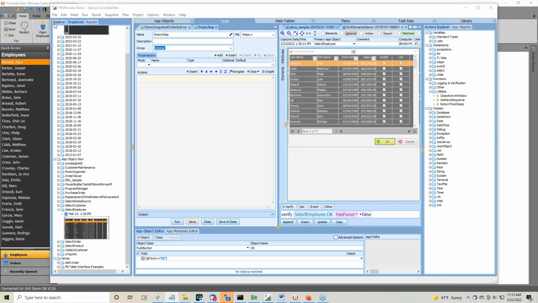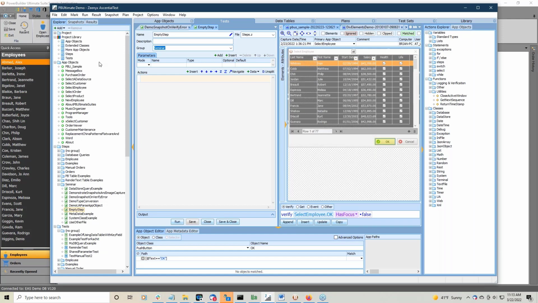I've been a little surprised lately that a lot of folks seem to think that you can only have one file for your tests, one for your steps, one for your app objects. I've actually got two already, but that's actually artificial. Now, we ship the product that way because we want to give new users a starting point so that they do have a place to put their steps and a place to put their tests and so on and so forth. But that doesn't mean that that's a restriction or a limitation in AscentialTest,